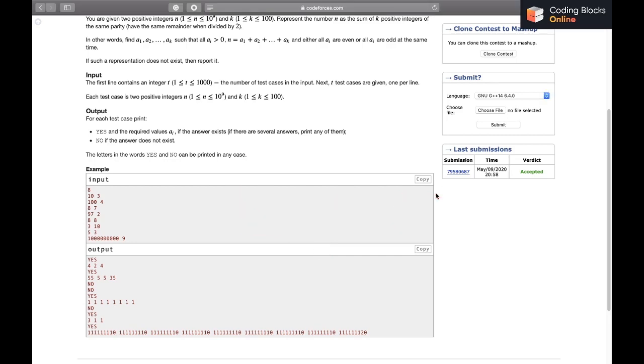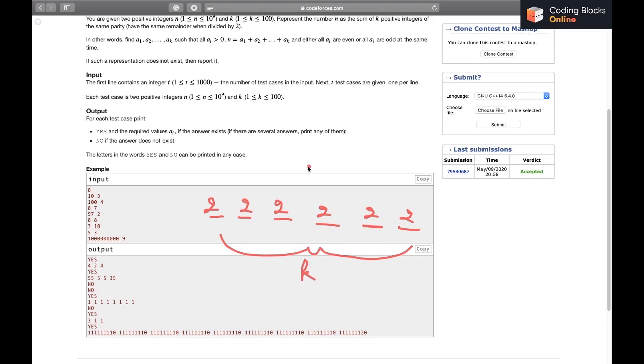Similarly, while we are checking if it's possible to write it as a sum of k even numbers or not, initially what we can do is fill each of them with 2, because 2 is the smallest even number that we have. Then see if the sum has already exceeded n or not. If yes, then it's not possible to write n as the sum of k even numbers, because even the smallest even numbers k times make the sum exceed n.